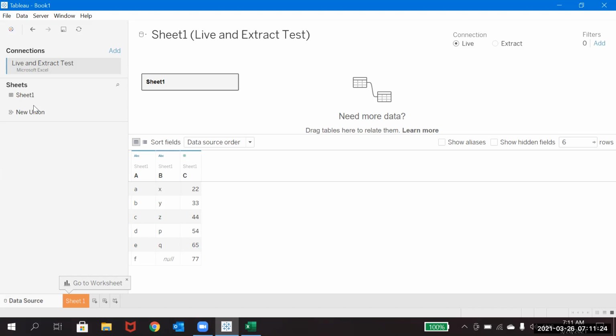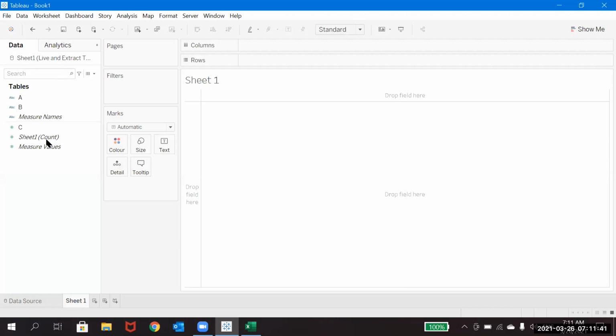Okay, so now we will check these two connections. Right now it is in a live connection. So how this will work is, let me go to a sheet. I'll keep all these three fields in the view.